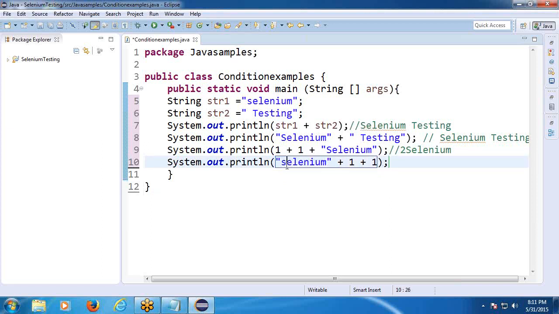Next, the second expression: selenium plus 1. What is selenium plus 1? Selenium is a string, 1 is a number. It concatenates, so selenium1. Next it adds 1. Selenium1 is a string, 1 is a number. Then